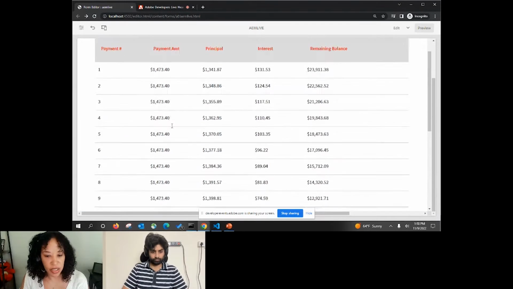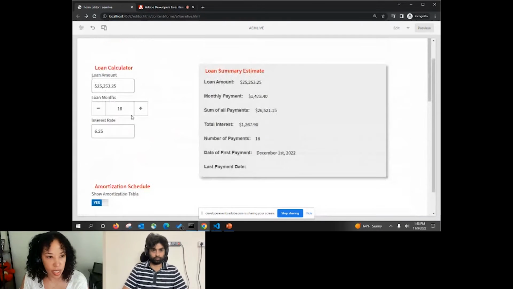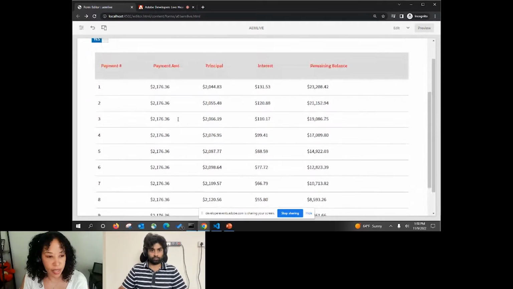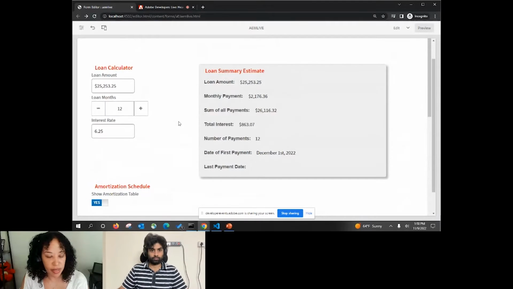So if I select yes, you can see I have an amortization schedule here, and it's totally dynamic. If I change the months, you can see the number of months in that amortization schedule change. It's calculating the first payment date. That's using a Moment.js library to get the first day of the next month. One thing I want to do in this presentation is a last payment date. That last payment date would be however many months is set in the loan months, 24 months, after that amount of time.